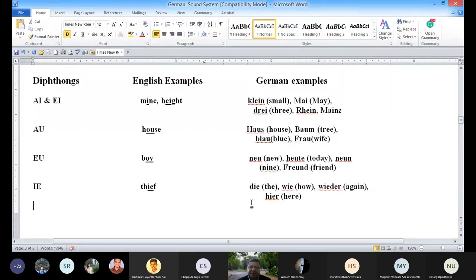DIE is E. One clue I give, whenever EI and IE, these are very confusing. EI and here at the end IE. What should be the sound? You remember that the second one is the sound value. The second one is the pronunciation. That means whenever the EI combination is coming, you pronounce I. Whenever the IE combination is coming, you pronounce E. So here KLEIN, so here I you have to pronounce. So you are pronouncing Klein. Here DIE, E is coming at the end, so you are pronouncing E, long one. So if you just keep this in mind, then you will not make mistakes.